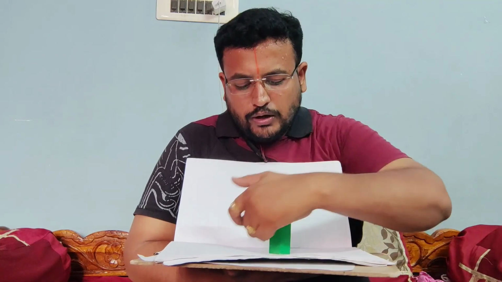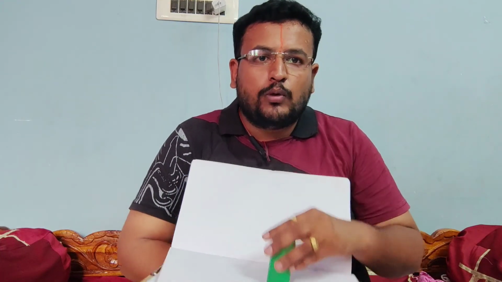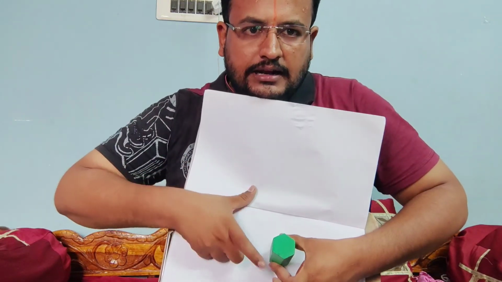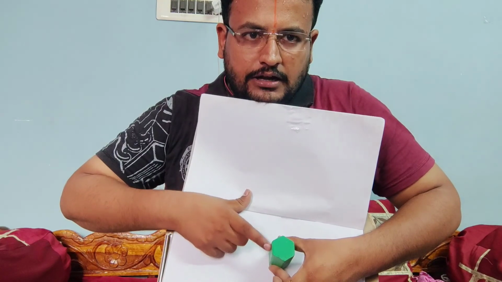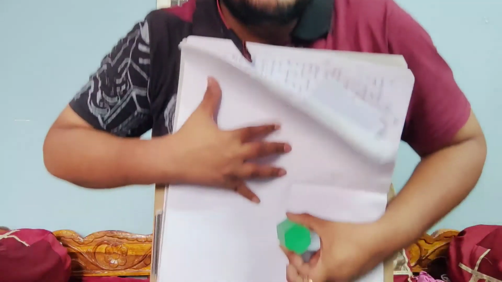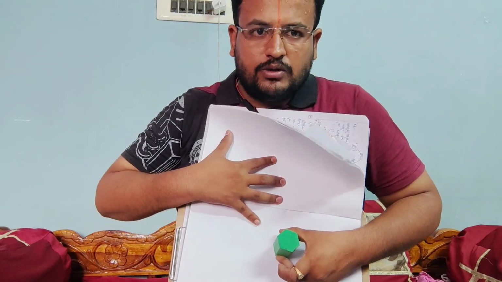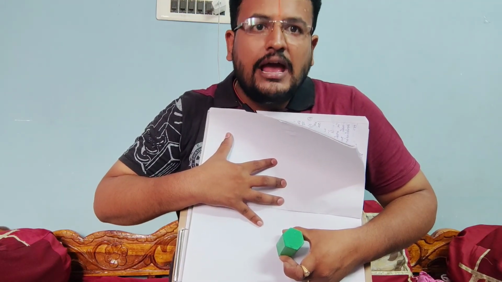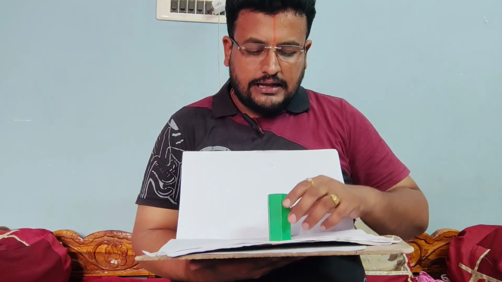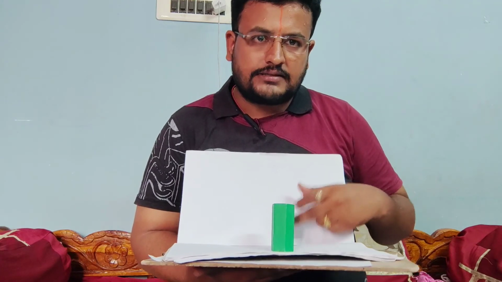In the top view, you can notice this hexagon in such a way that an edge is perpendicular to VP, like this. If you tilt, this can be seen like this. An edge perpendicular to VP means keeping an edge perpendicular to the reference line. Keeping an edge perpendicular to the reference line, you have to draw the hexagon. Whereas from the front view, you can see the rectangle in contact with this reference line.